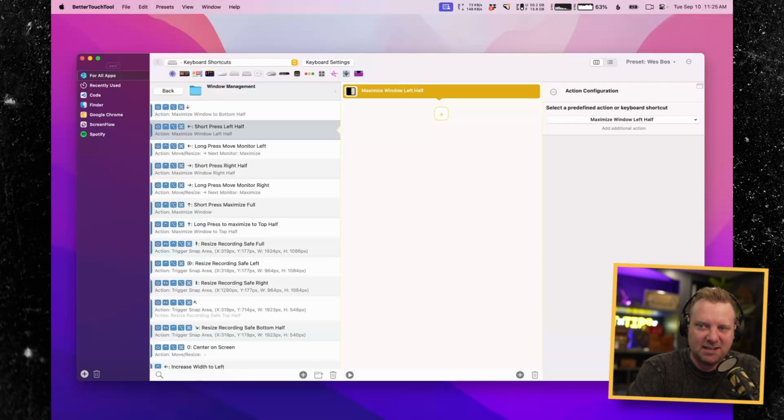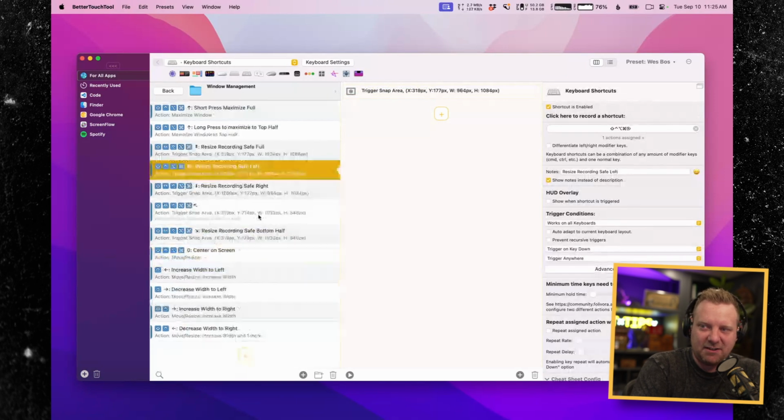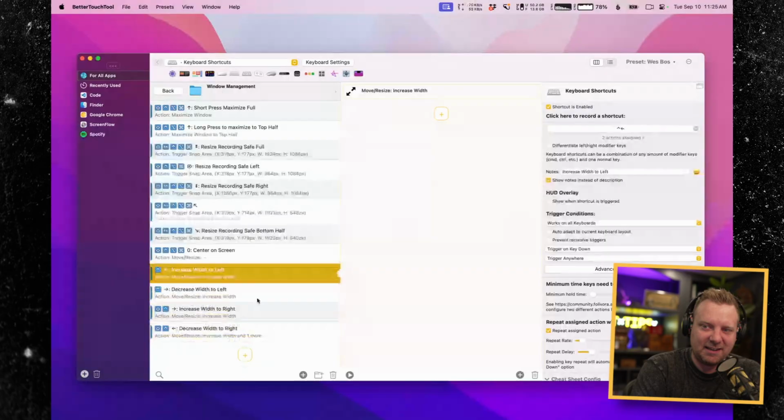So I have these resize recording left, recording safe right, and then I have a whole bunch of increase and decrease shortcuts here that can be used to increase a window by 10% or decrease it by 10%. I've been very happy with this, and it meets all of my needs. Every now and then I do dip into some of these programmatic ones that you can code up, or that try to rearrange your windows smartly for you, but